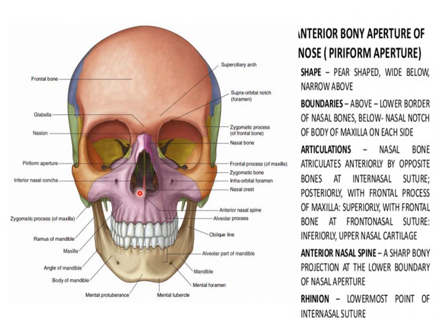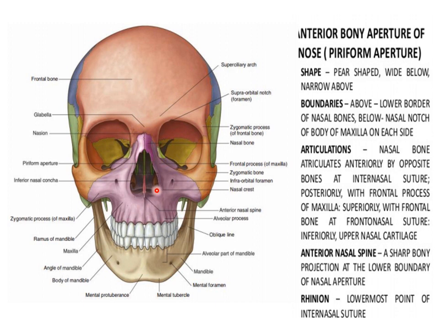So basically what you have to remember here: there are two bones, the vomer and the ethmoid bone, which you can see inside the anterior nasal aperture. And there are bones in the lateral wall of the nose, known as the inferior concha, which we can make out. Okay, so this is about the boundaries and articulations of the anterior nasal aperture. With this we have finished the norma frontalis.